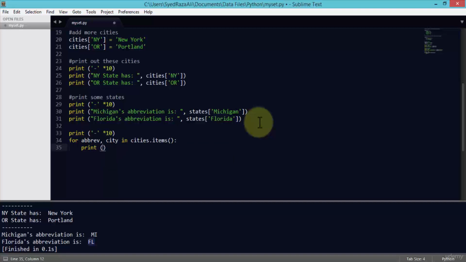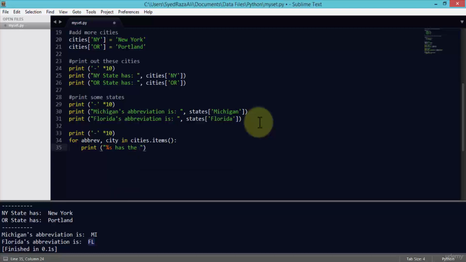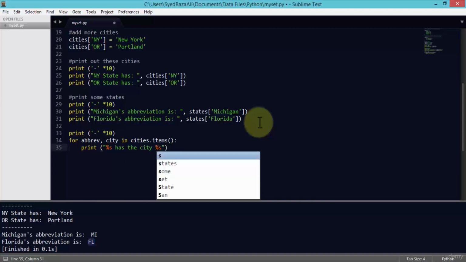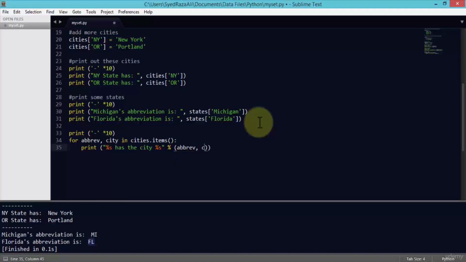So I'm going to use print and use my modulo, has the city. All right, this is going to be modulo s as the city, and then of course finish it off, do another modulo and abbrev and then city. Okay, let's save it, run it,